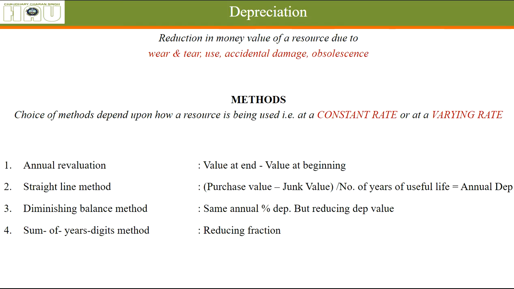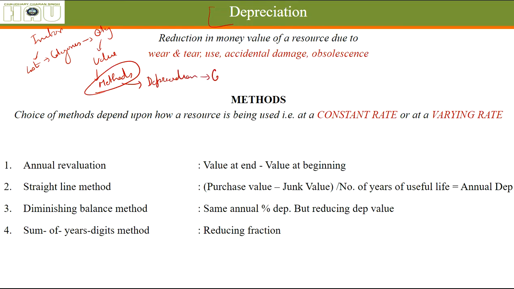Now what is depreciation? We have gone through what is inventory. It is a list where we make categories. And how do we calculate the quantity? We go for the value. There are different methods, but one thing still remains unanswered in these methods, that is what is depreciation and how it is calculated. So there are different methods for calculation of depreciation, but the choice depends upon how we are